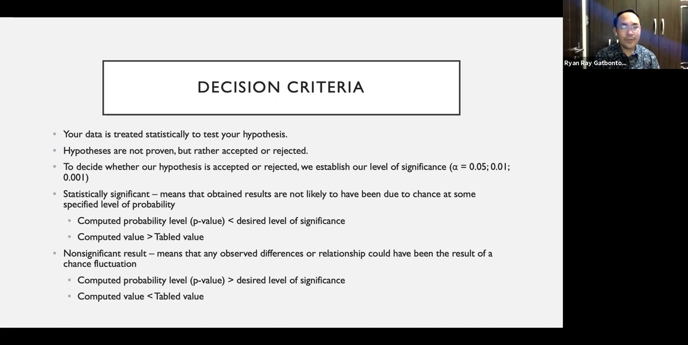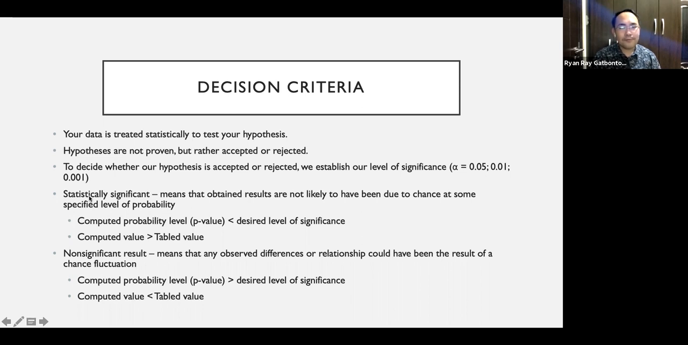When we say our results are statistically significant, it means that the obtained results are not likely to be because of chance, or were not obtained because of chance at some level of probability. Now, all statistical tests yield a computed value. If that computed value is greater than the tabular value, then you can say that your results are statistically